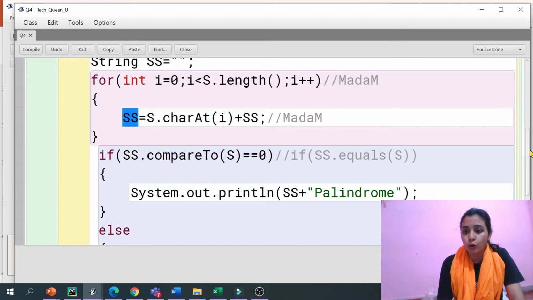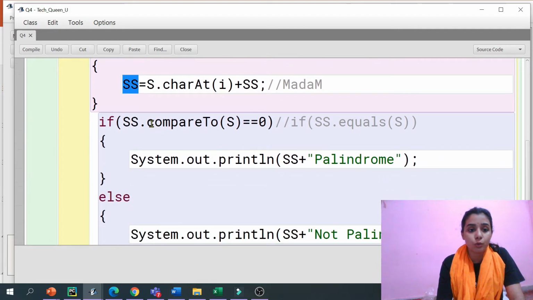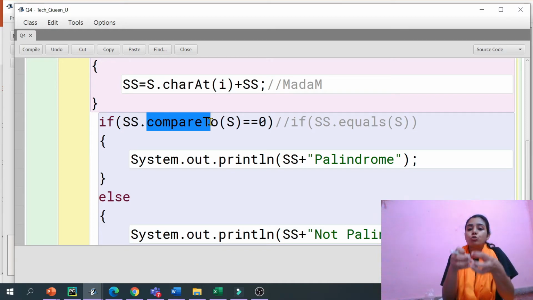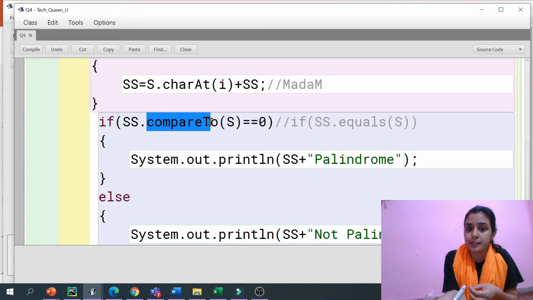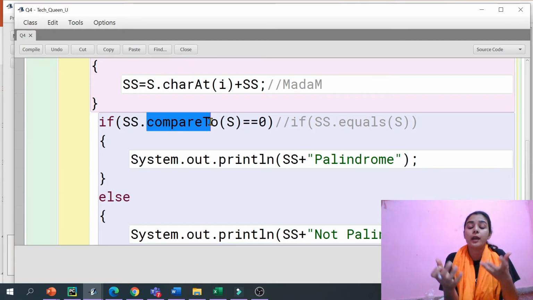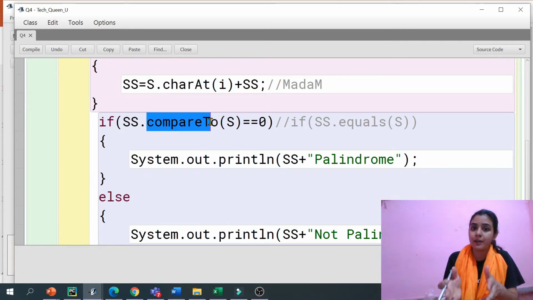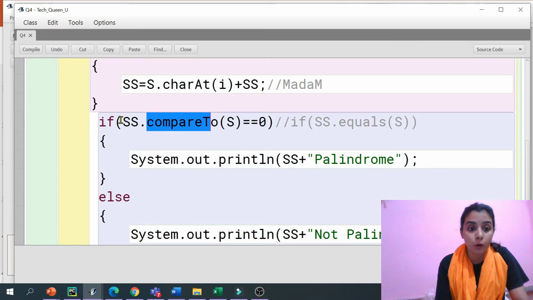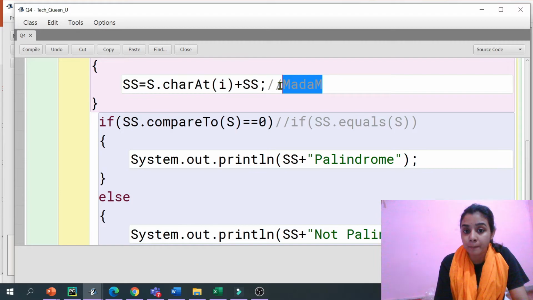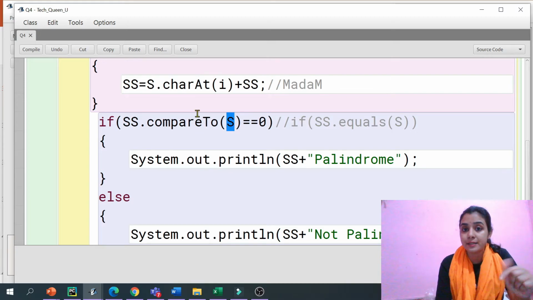Now, guys, we know the compareTo function, which we use for comparing two strings, and it gives us 0 if both strings are equal. We already discussed this in the previous video. So ss has my new string after reversing, and with compareTo I'm comparing it with my original string, the one entered by the user.